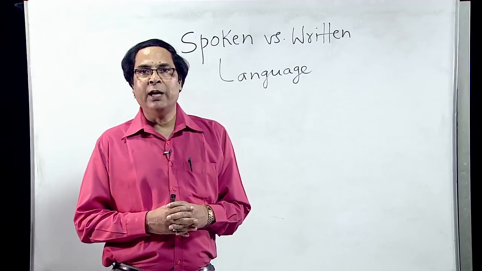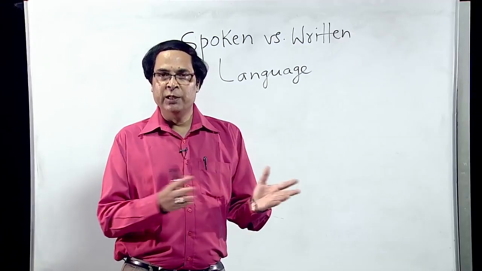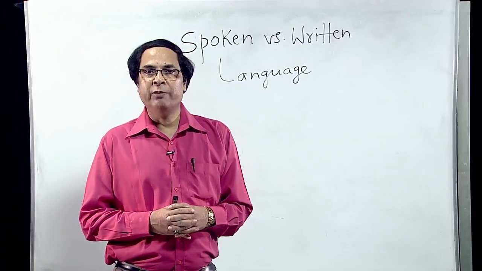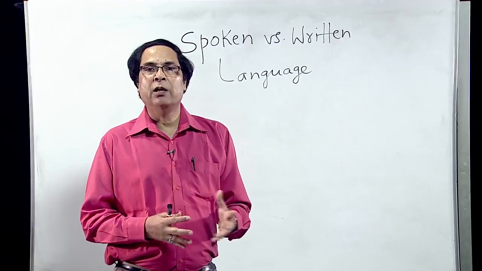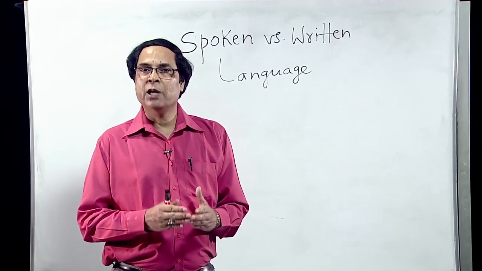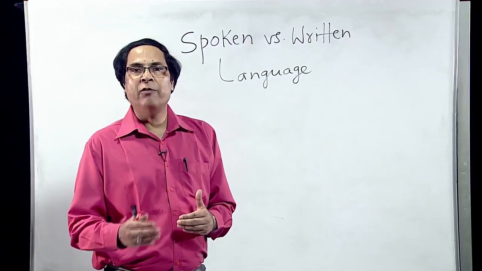So, for that it is a different system, but Indian languages are mostly alphabetic and some are syllabic. That means, they have like ka, kha, ga. So, always there will be a consonant combined with a vowel.